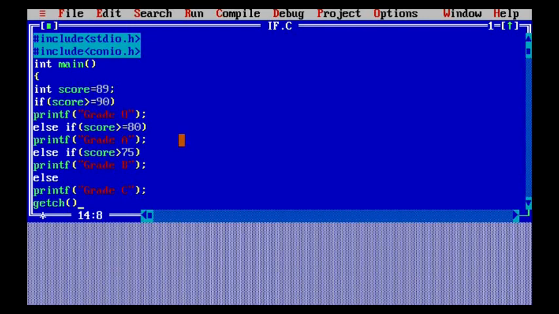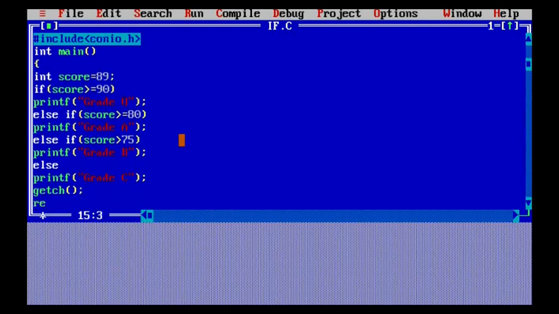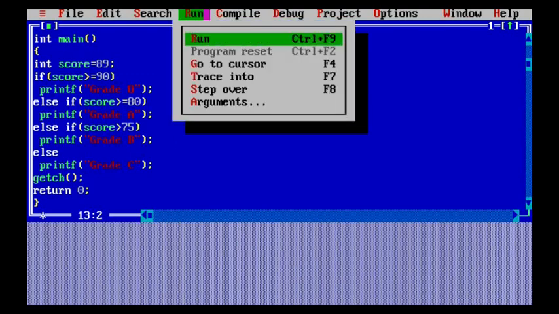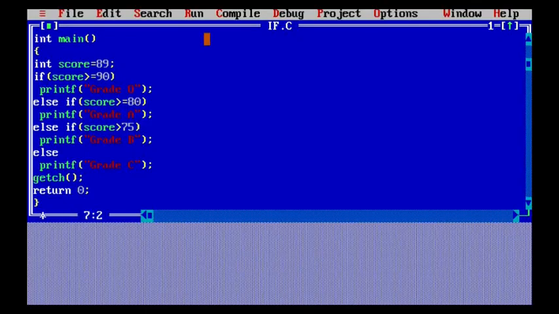After that I am using getch and return 0, so as soon as the program works, it will stop there. I'm using a clear screen so that the existing content is deleted if you run the program again. Whenever you use clear screen, all the content will be removed. So here you have declared all this, and when I run it, you can see grade A is printed to me. If I want to change the score to another number and execute it, the grade will be printed to me accordingly. Next, we are taking an example of a nested if statement.